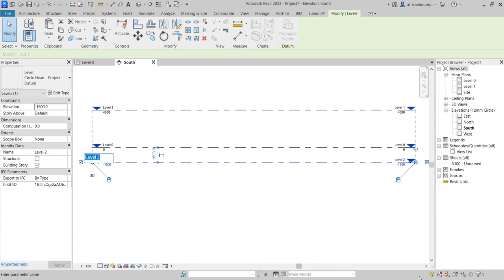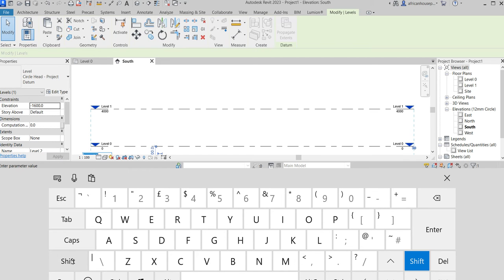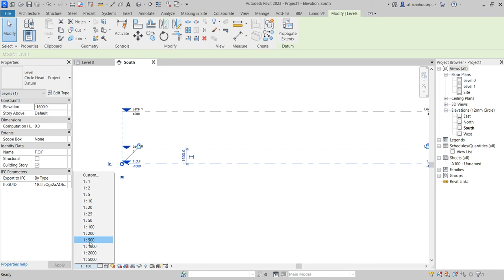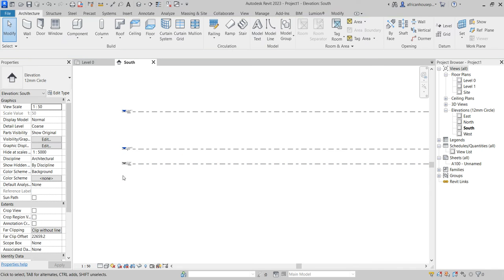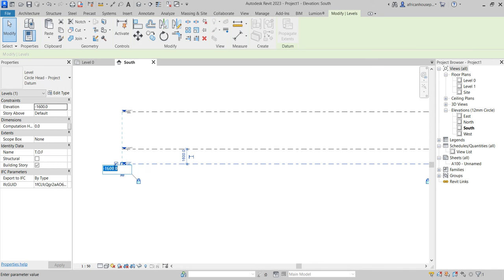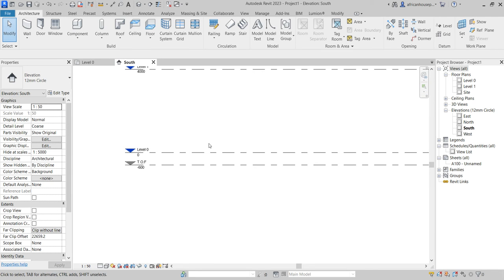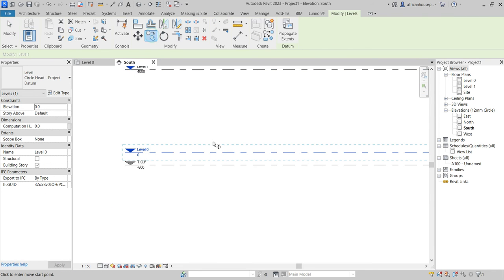I'm gonna name it top of foundation, TOF, right? And I'm gonna make it 600 deep, right? Okay, 600 deep, right? And then the second elevation you need to make, right, is the first floor plan,